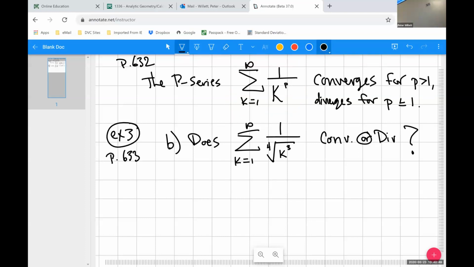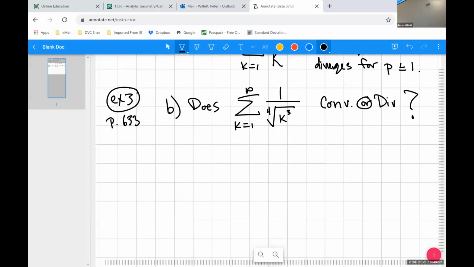So that's k. All right, so now in this case, we want to say that we have a p-series. Again, a p-series is short for a power series because you basically have k to a power. And in this case, we have the series 1 over the 4th root of k cubed. When you have a rational exponent, the denominator is the power of the root and the numerator is the power. So this 4th root of k to the 3rd would translate into an exponent of 3/4. So we have a p-series like this